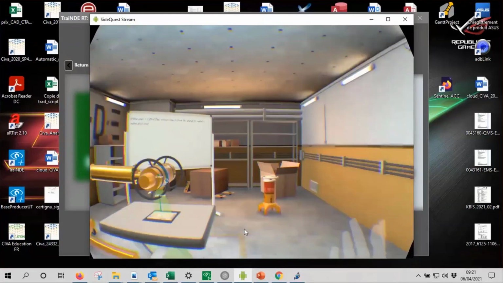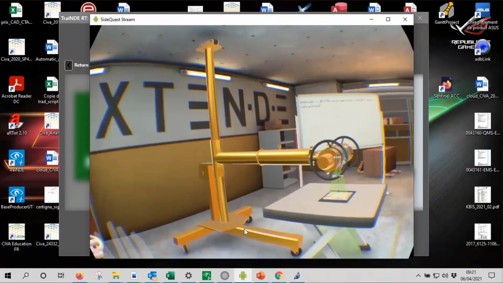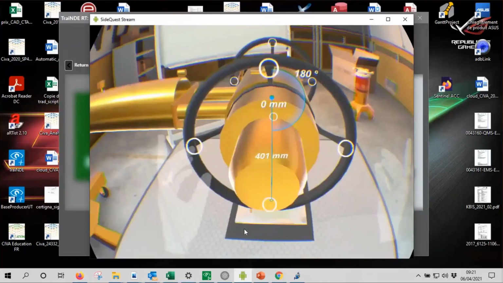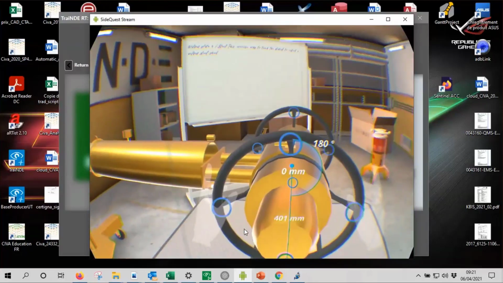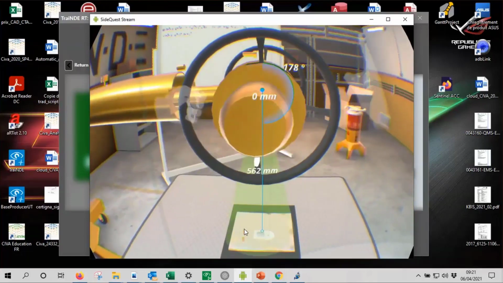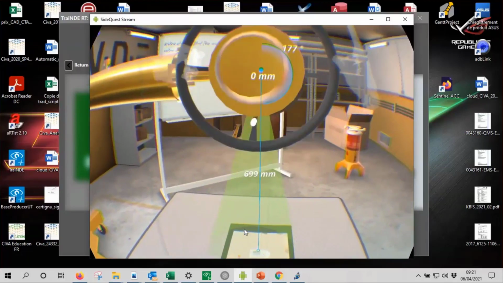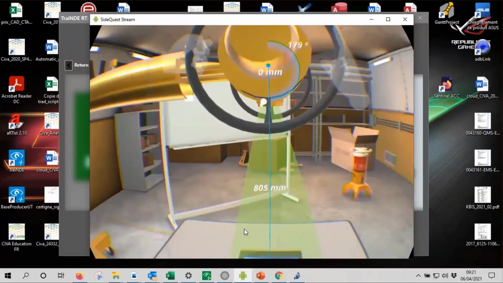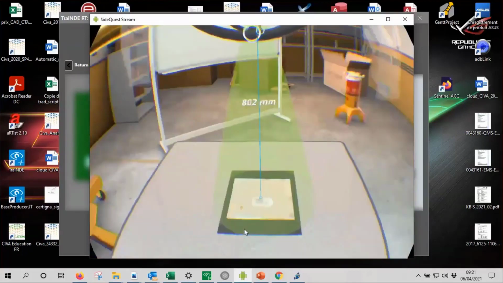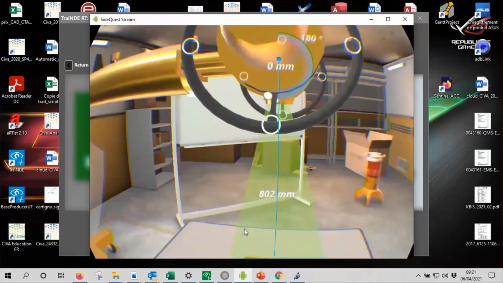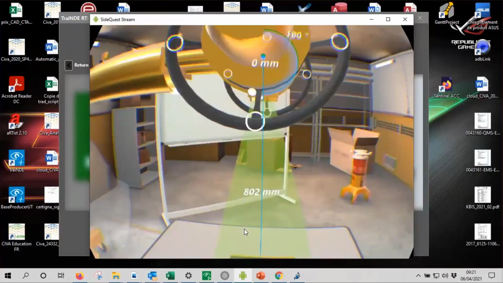You can have a look at the X-ray room. Here, I select X-ray source, so I have my X-ray source. I can go here, and with my joystick, with my hands, you probably see my hands here, just adjust the positioning of the source. Okay, so at 800 millimeter, for instance, here you see the plate, the part with the IQI and the markers. Here it's a plate, so I just put the source perpendicular to the part.